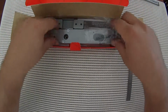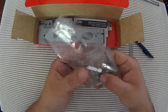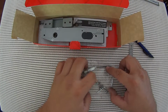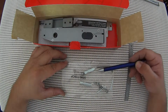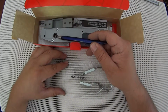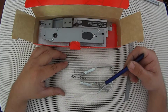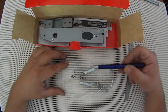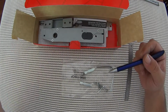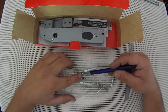Opening it up. So to start off with, we have our screw pack. See if I can run you through some of these parts here just to give you a bit of an idea. Okay, so we have these two big silver parts here which are called our spindles. They go into this hole here which drives the handles. We have two springs on them as well. Keep in mind that this part goes in first and then the spring goes behind it to push this spindle from the handle into the lock. You have some small little screws here,